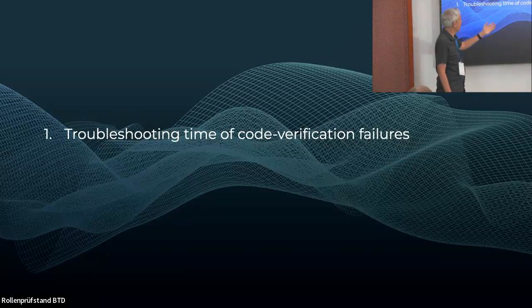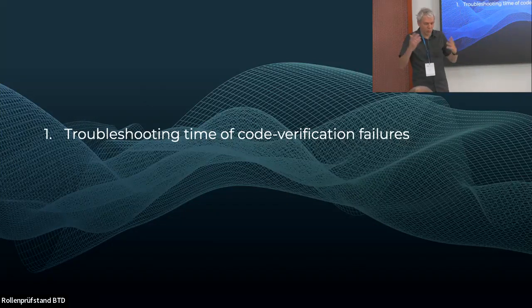So we distinguish between verification failures and toolchain failures. A verification failure is why we write tests. It tells us that there is a failure that really detects a problem with the code that we just submitted. A toolchain failure is, for example, a flaky test or an out-of-memory exception when the build is running, whatever. You don't want them, but you have them.